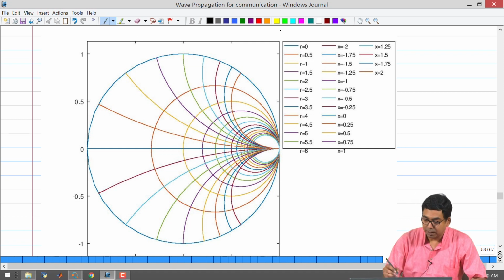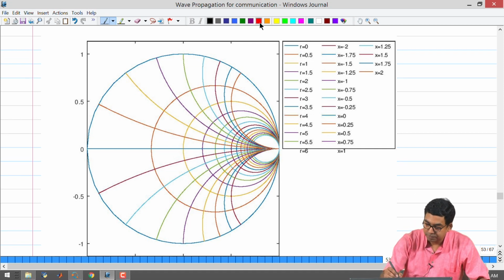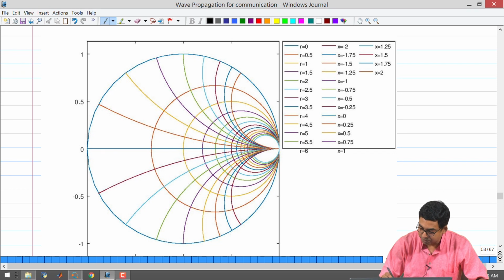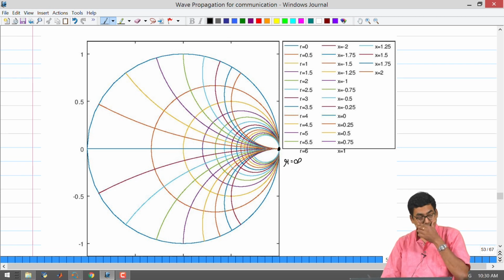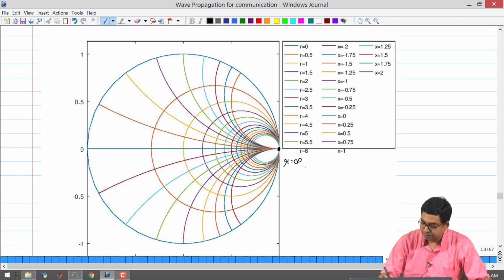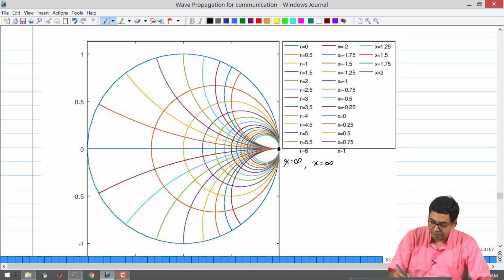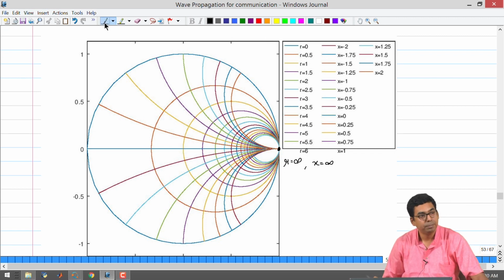Okay. So the right hand side corresponds to this point, corresponds to R equal to infinity. It also corresponds to x equal to infinity. Okay. The x equal to minus 2 curve lies over here, I mean x equal to minus 2 is here, x equal to plus 2 is here, alright. As you increase the value of x, it keeps going towards this side, alright. So R equal to infinity, x equal to infinity is the point on the right, alright.